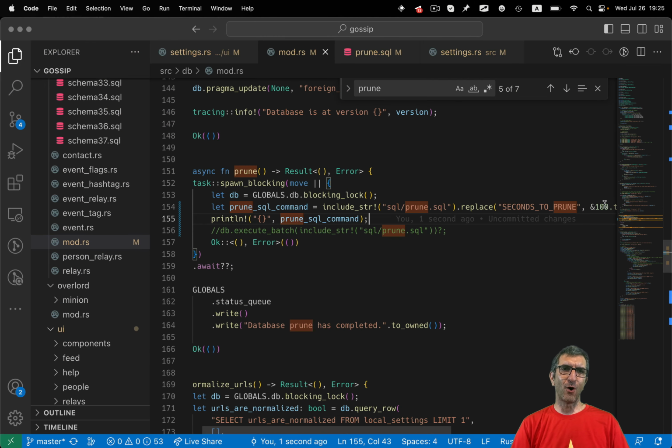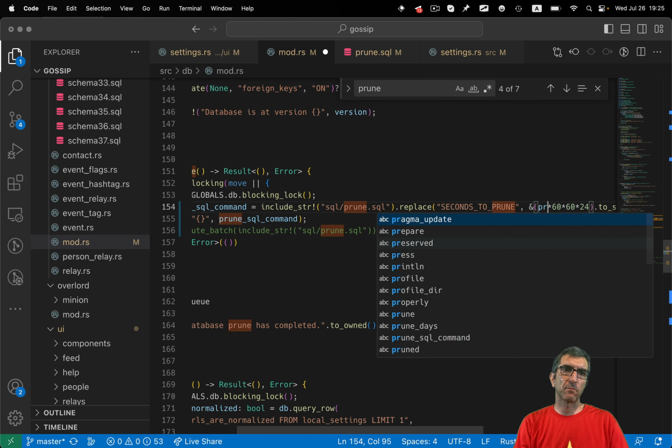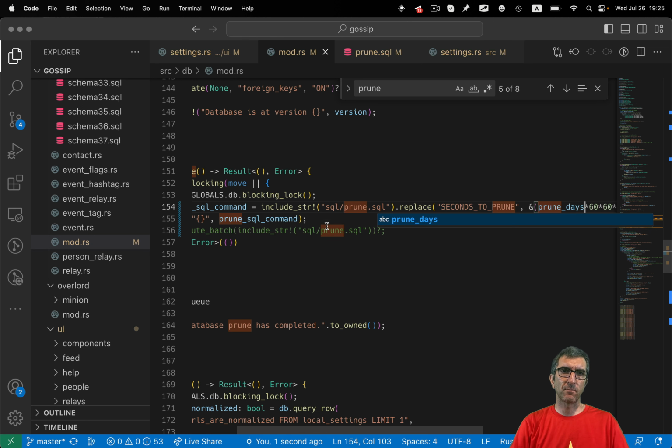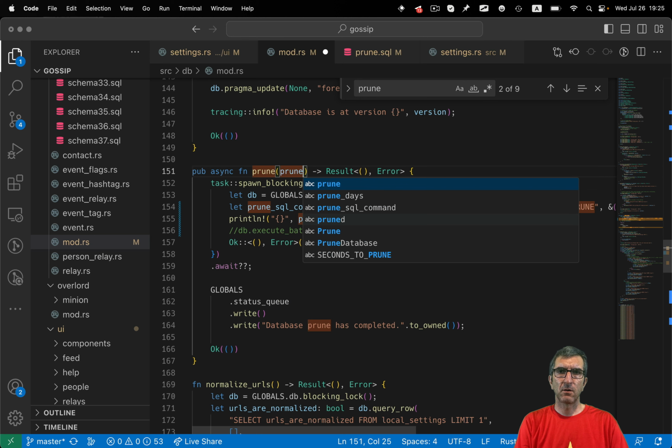Very cool. So I was able to replace this. Now I need to pass my days here. So instead of this, I should have days, which is 7 for now, in seconds, and this should be my number, prune days. But I don't have it, so I have to pass it here.